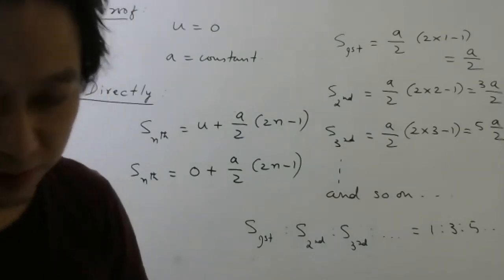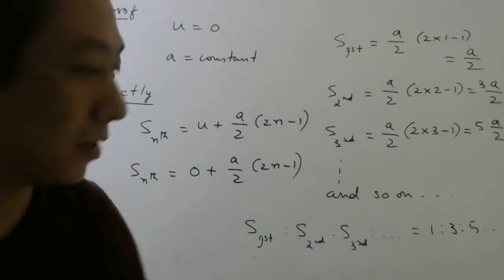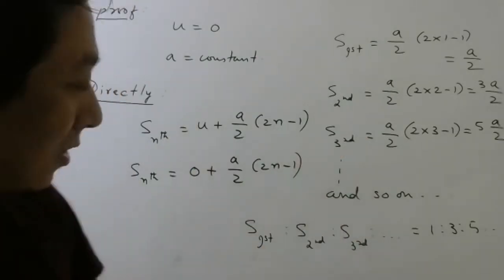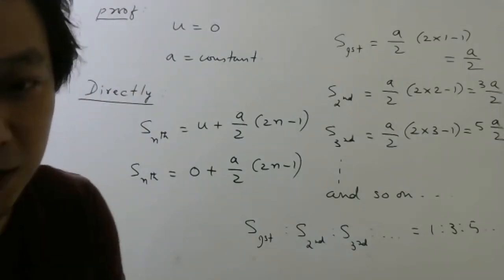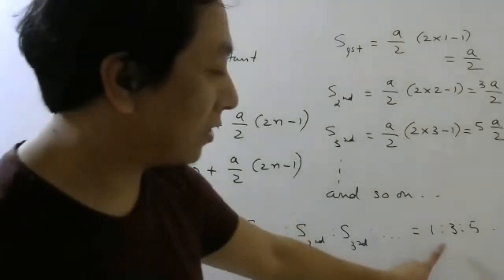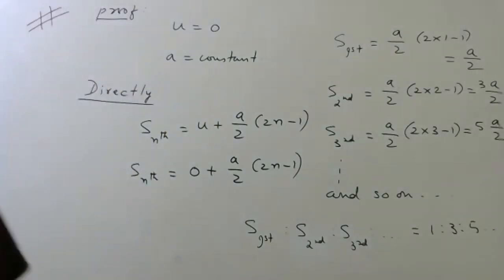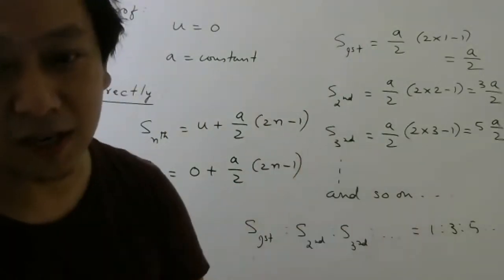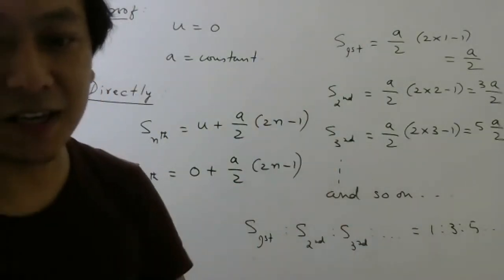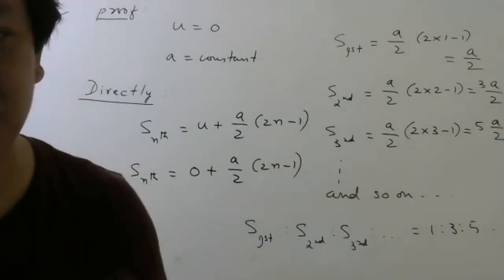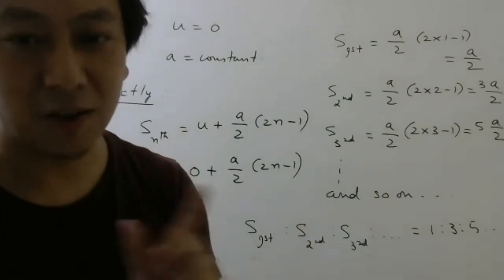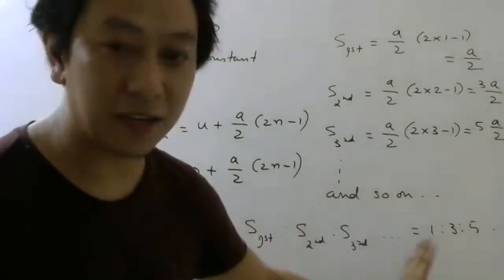You can try, no problem. You can try that one if you wish, but this one is enough to understand why the ratio of the distances traveled in equal intervals of time will be 1:3:5. Here I took the interval of 1 second. You can take 5 seconds, 10 seconds, 100 seconds, 0.001 seconds. It doesn't matter. As long as your interval is the same, the answer will come the same.